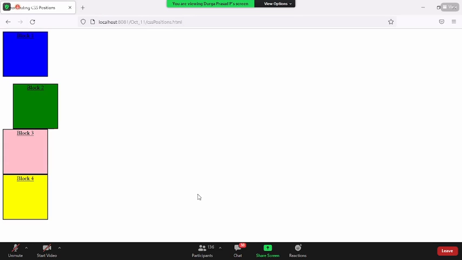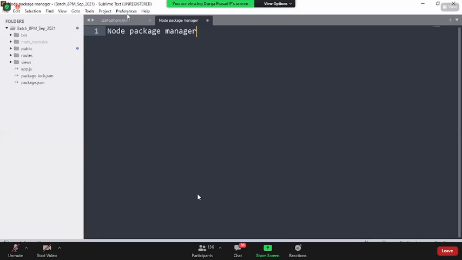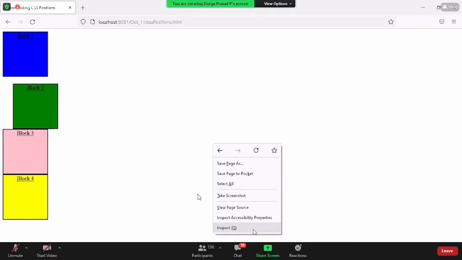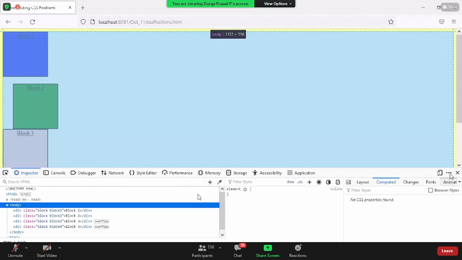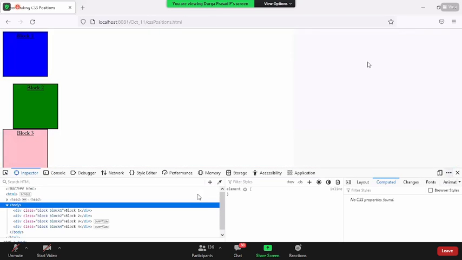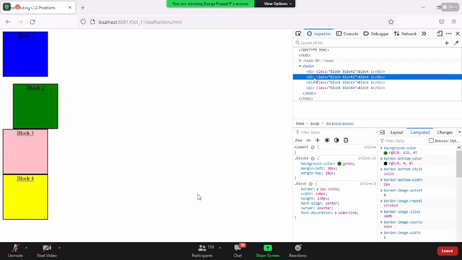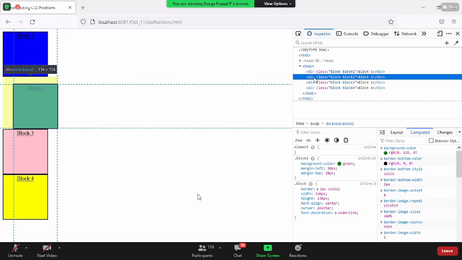Now the next part. As we discussed, when we inspect this element, we want to position it to the right side. When you mouse over it while inspecting the second block, is it only highlighting the green box?